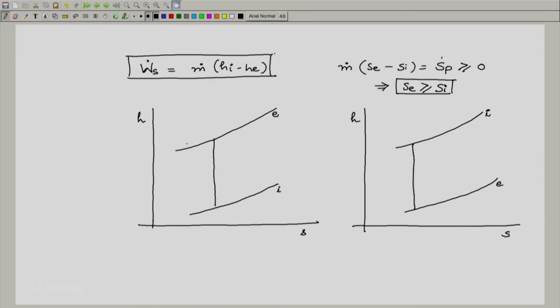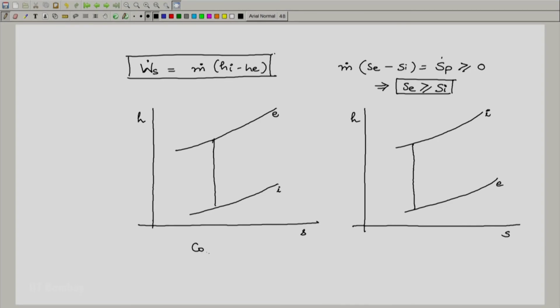If the isobar was drawn in the liquid vapor dome, the isobar would have also been an isotherm. So, which means the constant pressure line is also a constant temperature line. In that case, during that entire process, the slope does not change and it is a line with a constant slope. Once it is in the vapor region or in the gas region, the slope is continuously changing, because as we move ahead to higher and higher H, the temperature also becomes higher and the slope continuously increases as we go towards the right. But this is the reason for drawing the isobars in this fashion.